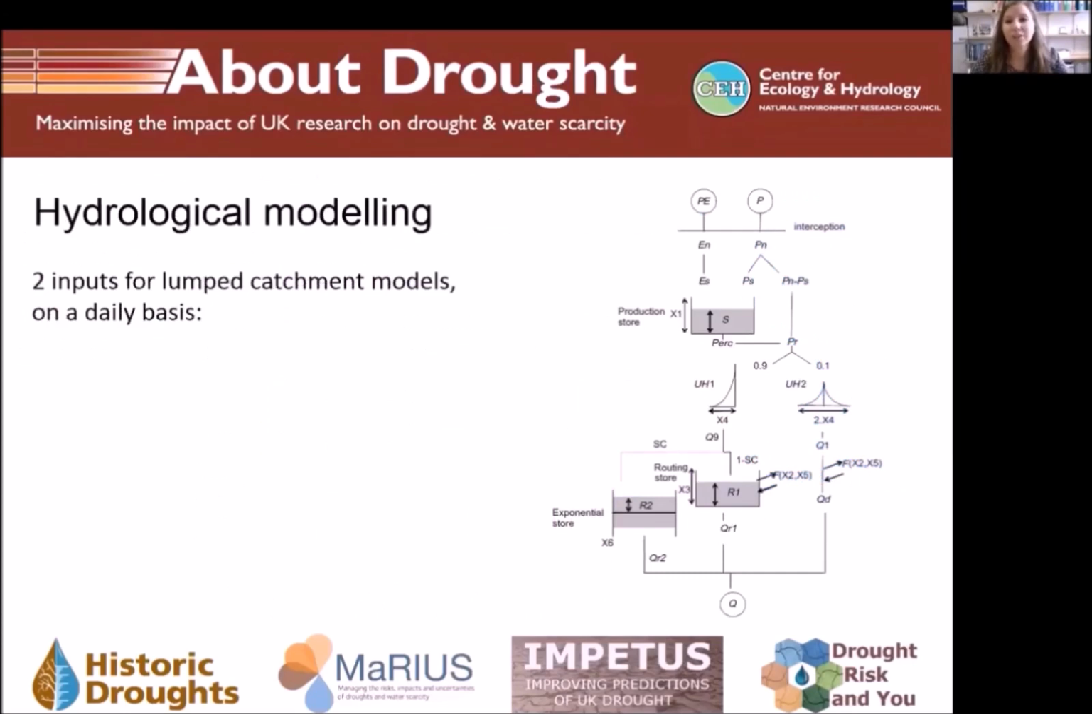So to do hydrological modelling, which is what we've been doing for this, you need two inputs for a lumped catchment model. These models are run on a daily basis, and they need firstly precipitation, so rainfall that goes into the model, and also the potential evapotranspiration, so how much of the rainfall is evaporated back off the land surface. So in order to run these models on a daily basis, we need daily inputs of precipitation and potential